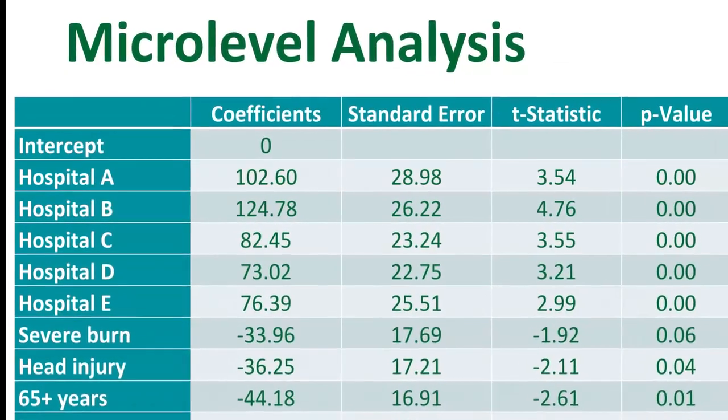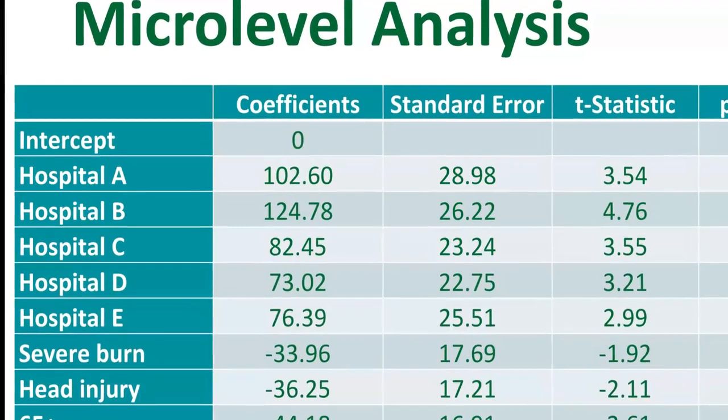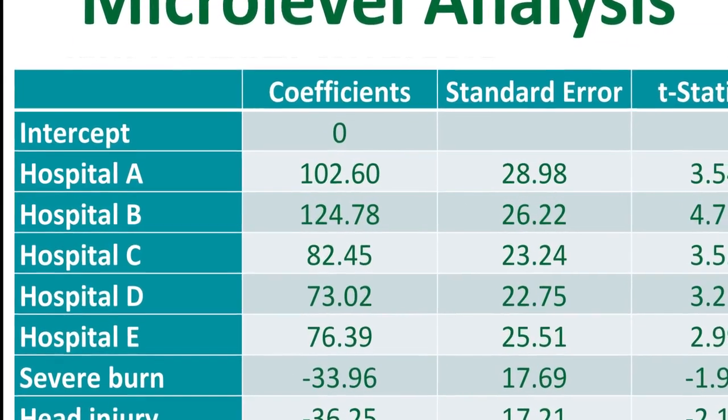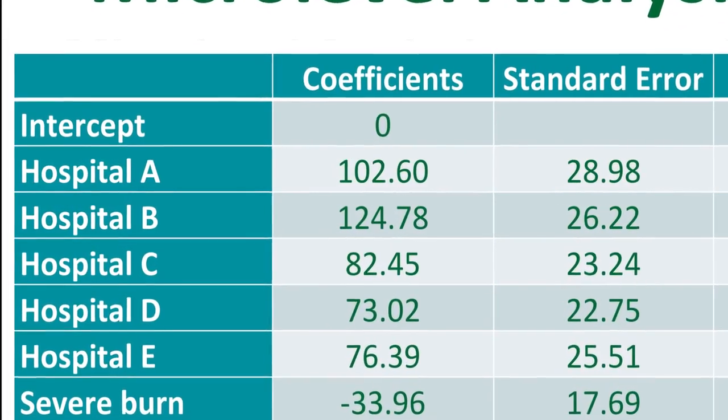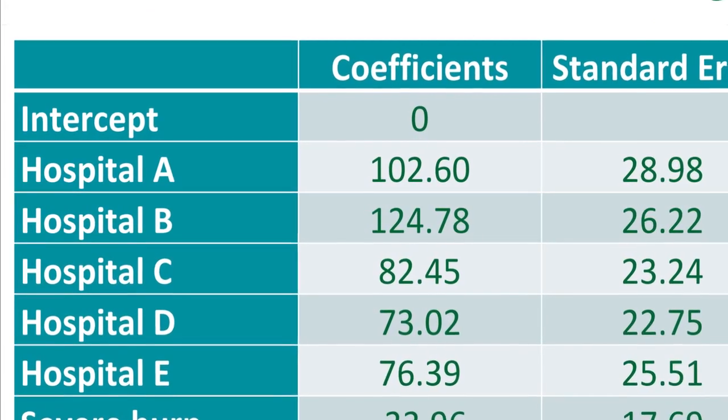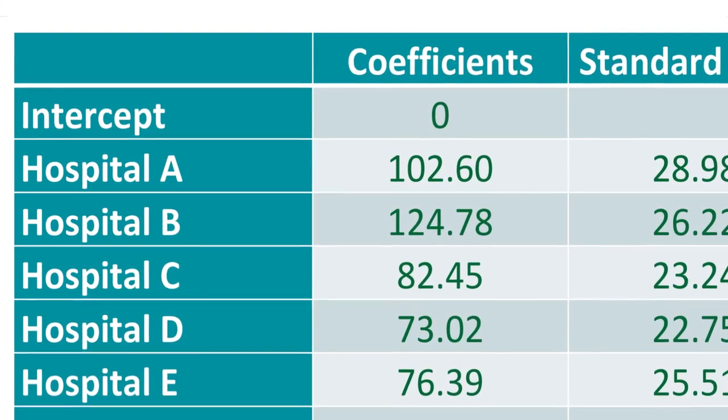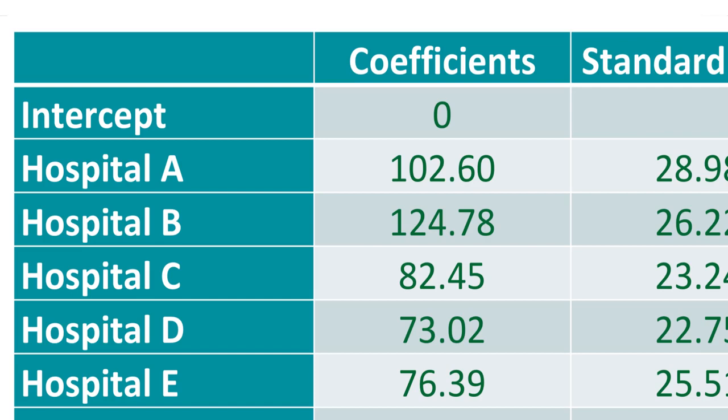The equation also includes several intercepts. It starts with an overall constant of 0, which is irrelevant, as we have estimated the intercept for each hospital by dummy variables. Hospital A has an intercept of 102, Hospital B of 124, Hospital C through E intercepts are